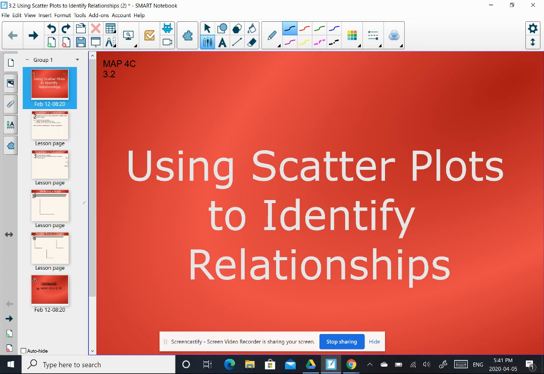All right, today we'll be looking at using scatter plots to identify relationships. This is section 3.2 in your textbook, and there'll be some work to go with that that I'll be checking up on later on in the week, towards the end of the week. Just to review,